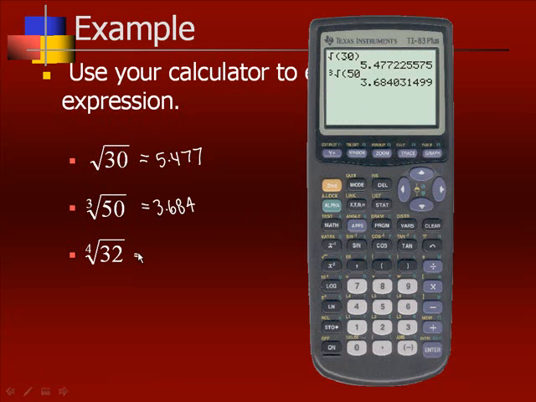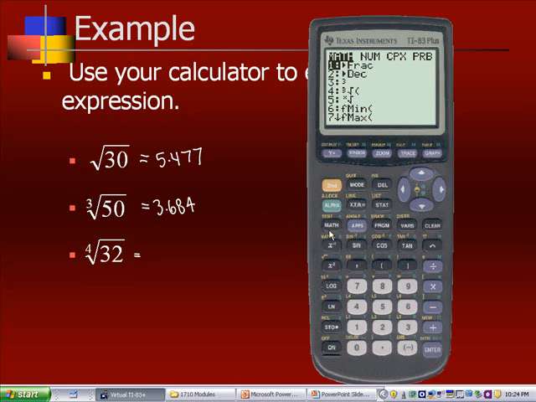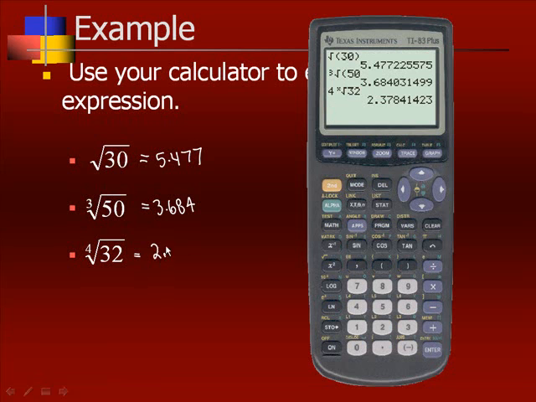The fourth root of 32, now, we don't have a button. Remember, in this math menu, we don't have a button for the fourth root. So what we do is we're going to use this option number 5, the generic any root. But what you've got to do is you've got to do 4 first, then go math 5, and then enter what it is that you're taking the fourth root of, and we get